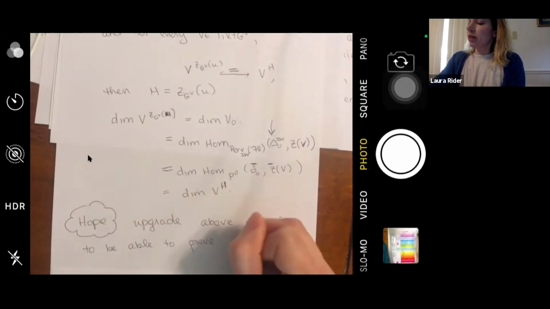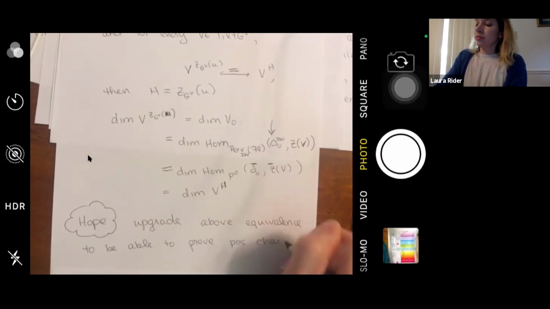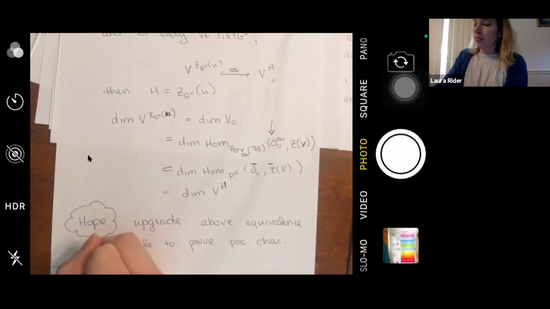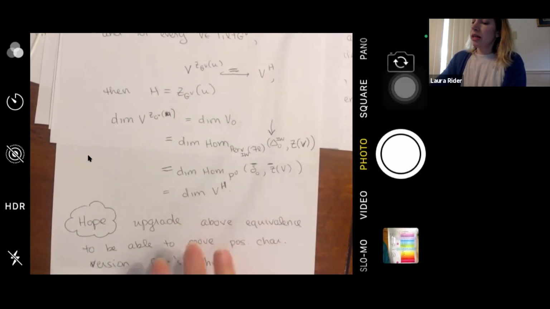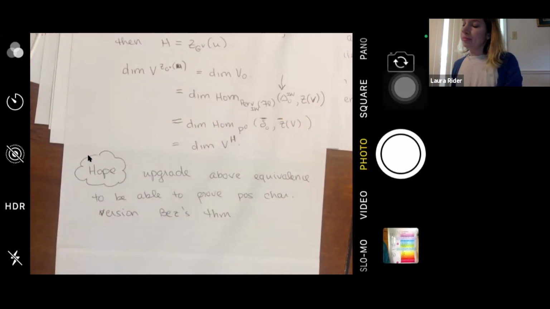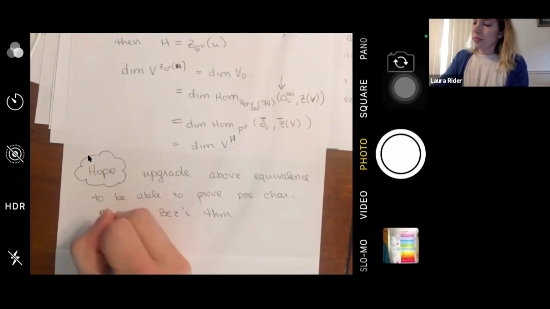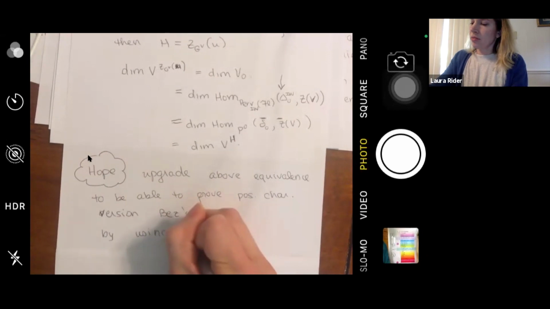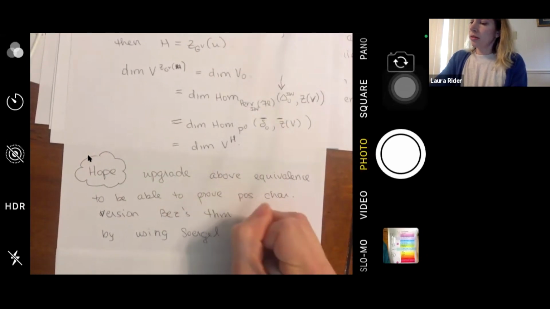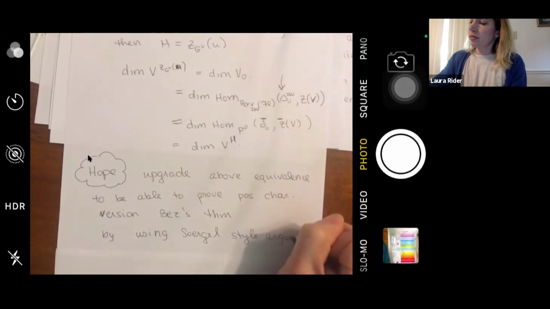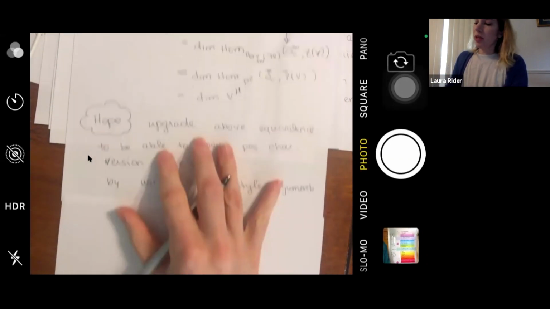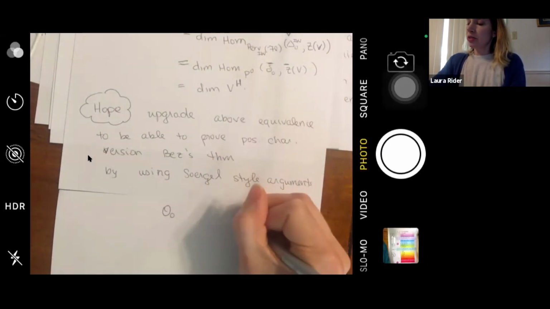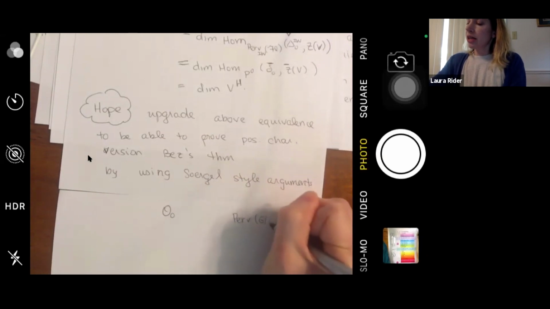a positive characteristic version of Bezrukavnikov's theorem, relating our two categorifications, by using some Soergel-style arguments. So in Soergel's situation, he was trying to understand the principal block of category O in terms of perverse sheaves on the flag variety. And we